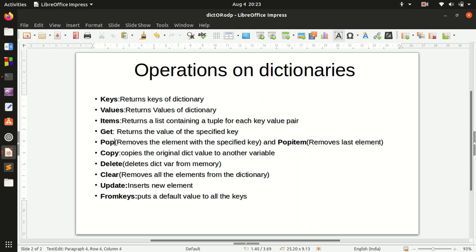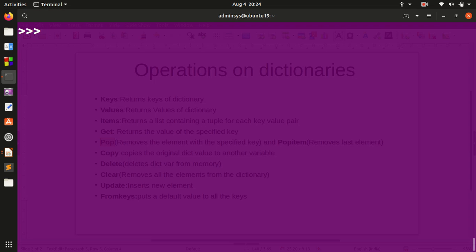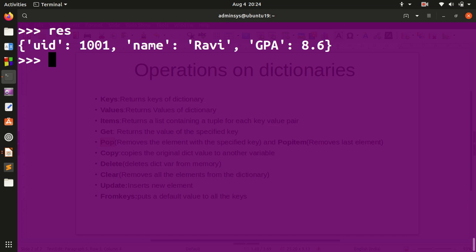Next we have pop and popitem. The pop method removes the element with the specified key, whereas popitem removes the last element. Let me demonstrate an example. We have res as UID, name, GPA, right? Suppose I want to remove name from this dictionary, then I need to mention the name of the key.